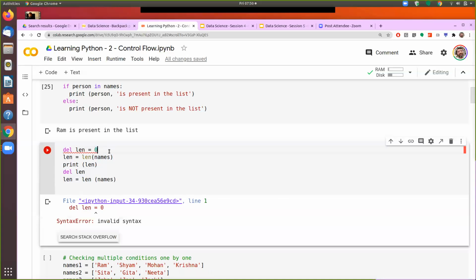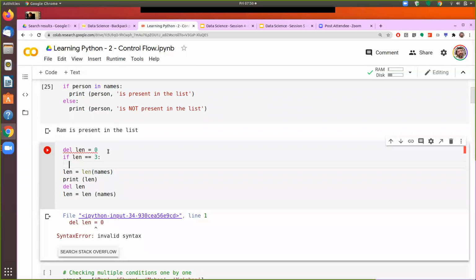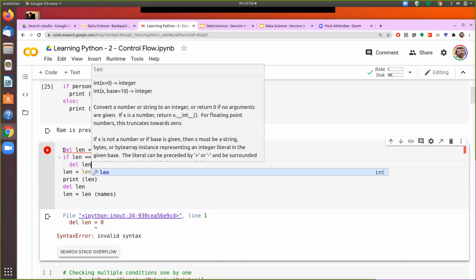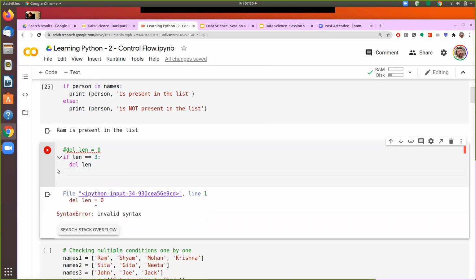But if I want to delete on a conditional basis, I should do this. If len is equal to 3, and then I print len.